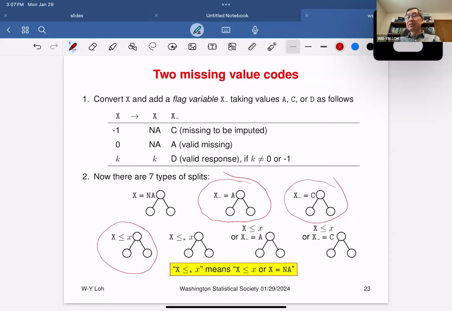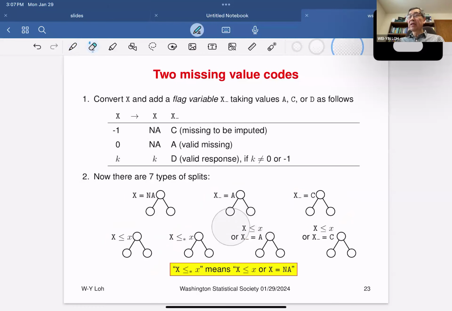And these two are actually sibling splits, because one has an asterisk and one does not have an asterisk, right? The one with the asterisk, x less than or equal to x, means missing values go to the left, besides the condition x less than or equal to the x. The one without the asterisk basically puts the missing values to the right. Okay, and